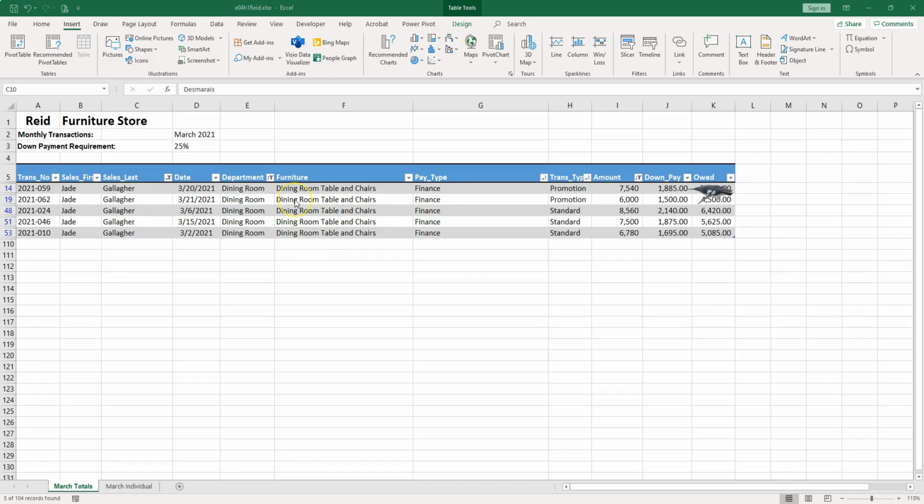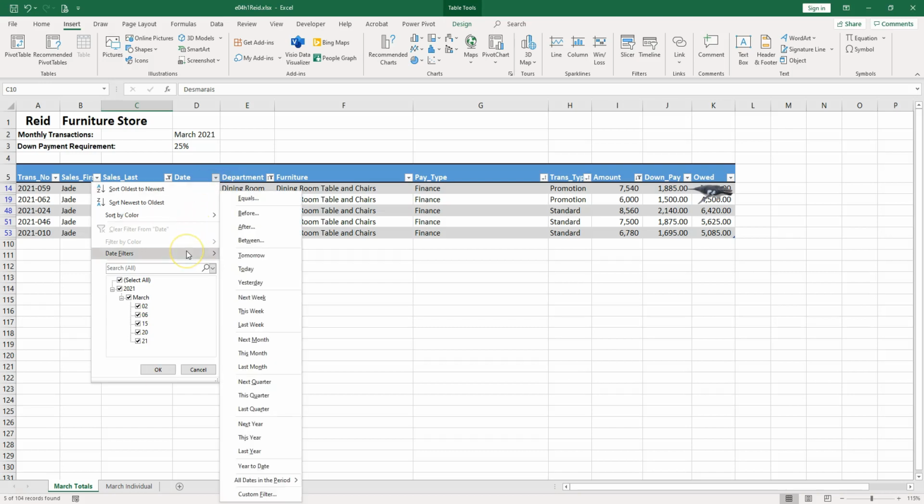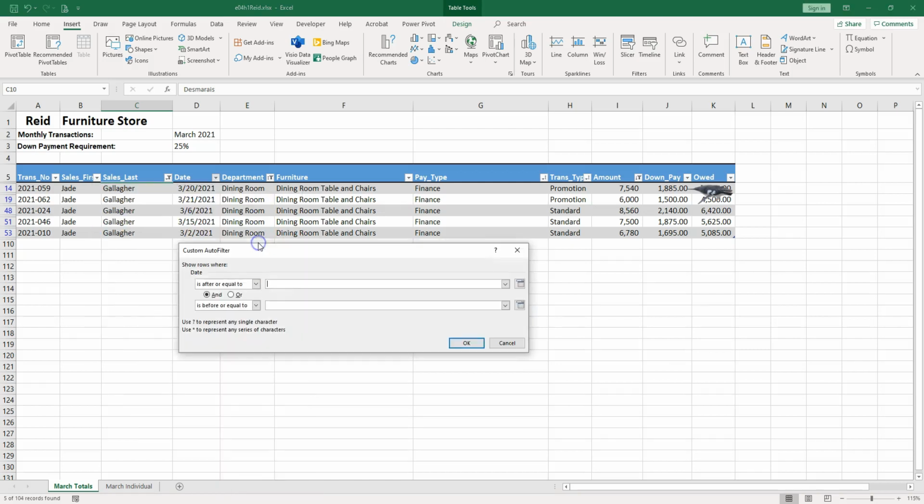Now suppose her employer makes things more difficult for her, and another condition is that they should be between 3/16 and 31. So that's the second part of March. So let's go to the date. And we can have a date filter between, and you can see you have many options here, so you can use those. But let's go with between, and then we can use the calendar icon, the date picker over here,